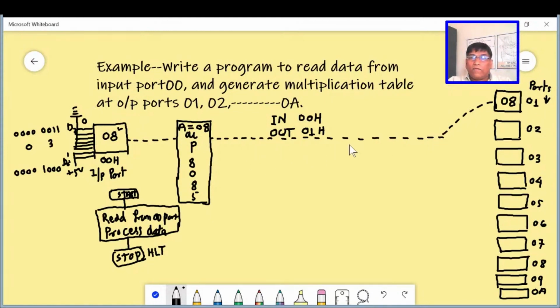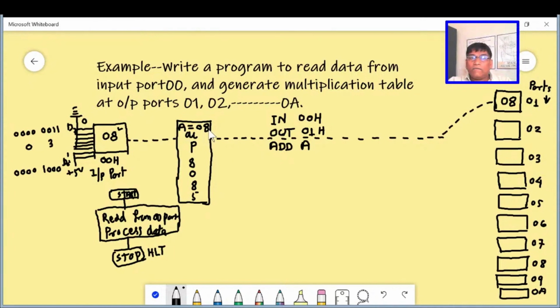Now we have to display here the multiplication table of 8. Suppose we are writing the instruction ADD A. After execution of this instruction, the accumulator content will change. How will it change?